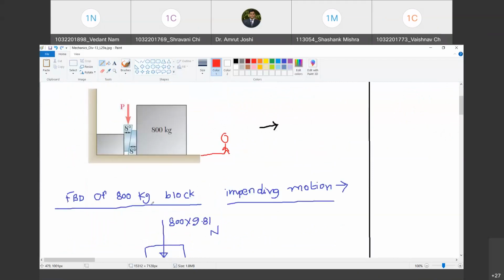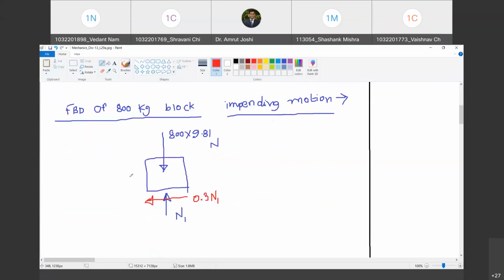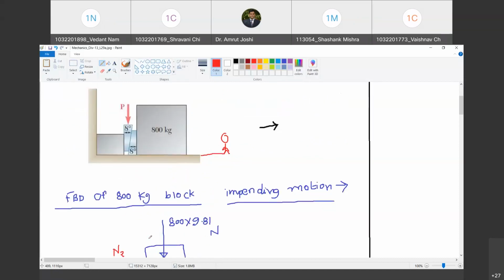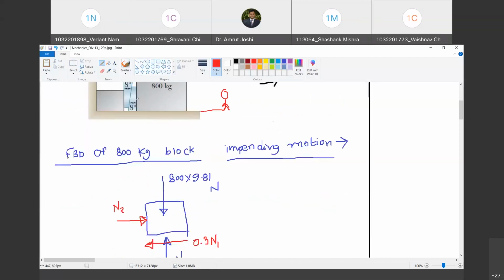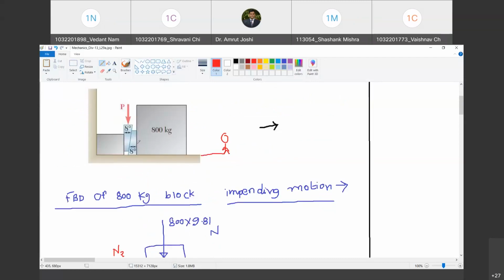Okay. What else is external? This 8-degree wedge is external to this block. Do you agree with me? Yes, sir. As this P is pushing the other wedge down, this wedge must be applying a normal force on 800 kg block, which will be shown this way. Do you agree with me? Yes, sir. I am going to call this force as N2. Happy? Yes, sir. Are you with me? Yes, sir. And will there be any frictional force between